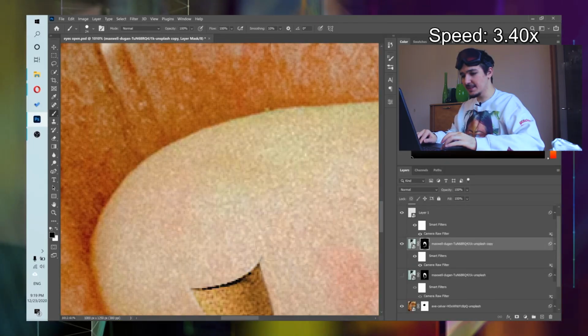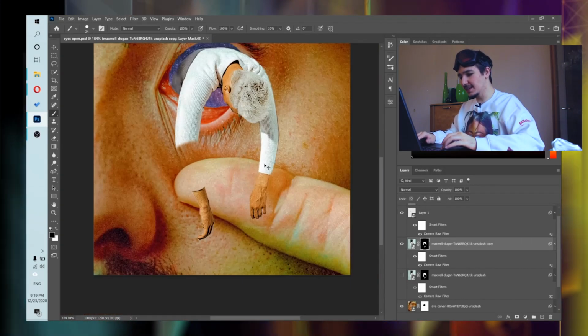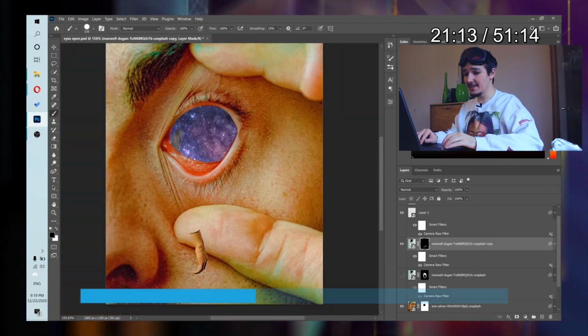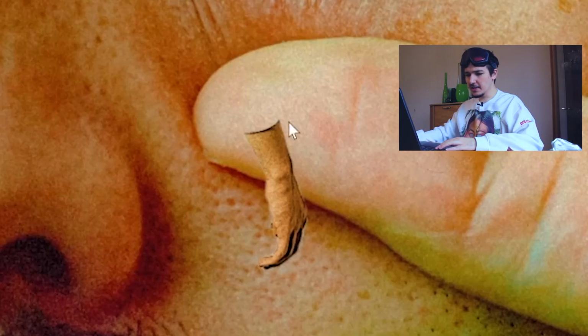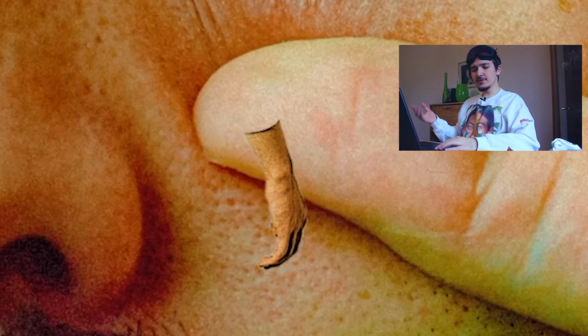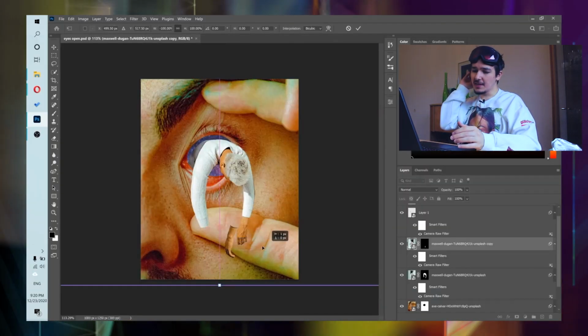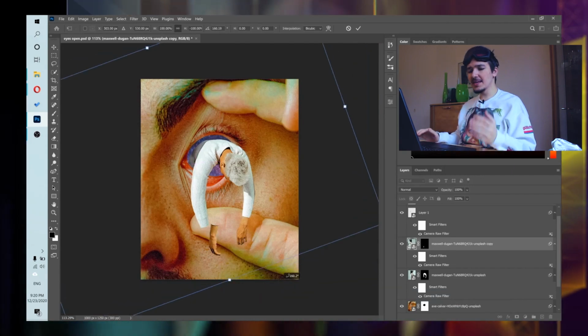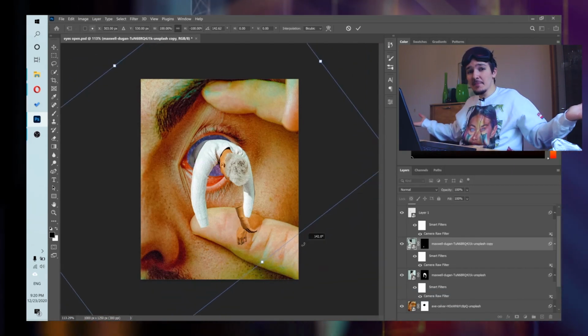So as you can see, I start getting rid of everything except his hand, so I can select only the hand. Boom, boom, boom, boom, boom. So as you can see, I have here only this hand. And the good thing about this is that I can actually revert the hand now. And that's exactly what I'm doing here. As you can see, I flip the hand and I can just place it just like nothing happened, you know,